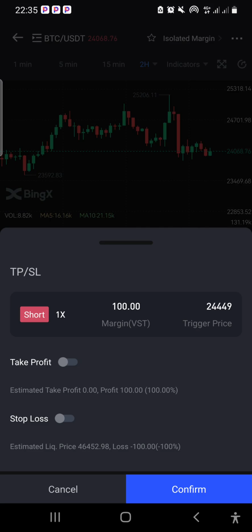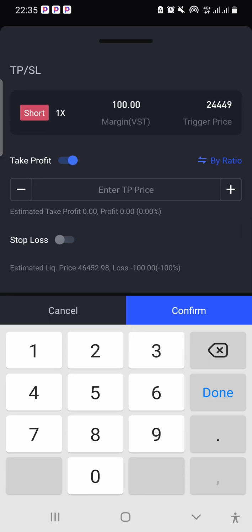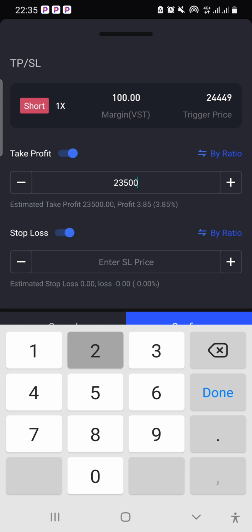So let's say in advanced settings I want to reach 3% of my account. This one is even much easier to trade, because it will show the amount you'll be making immediately. So just click on take profit. Let's say our take profit is maybe 23,500, and the stop loss is 24,635. As you can see here, with 1x leverage, it is showing our loss of 0.78 and